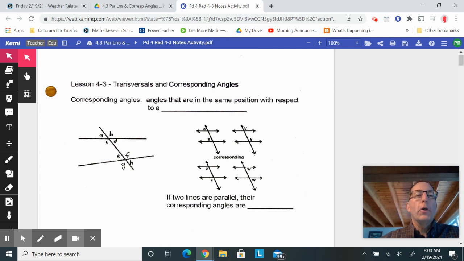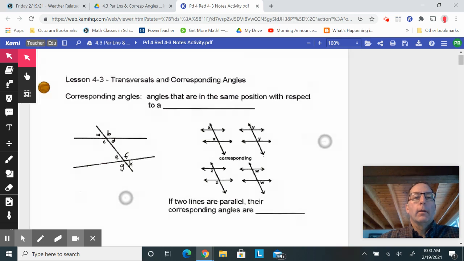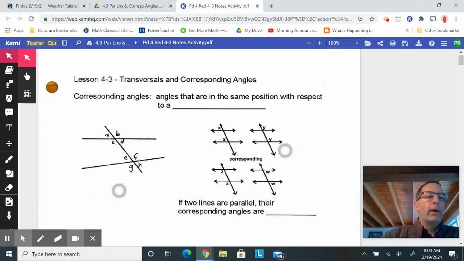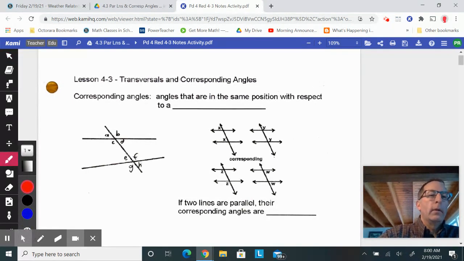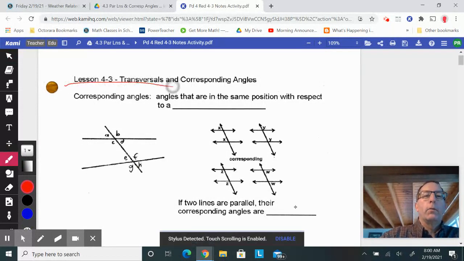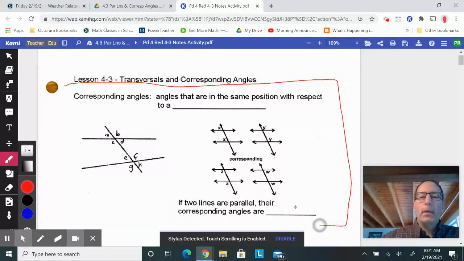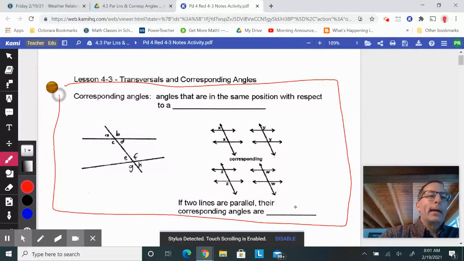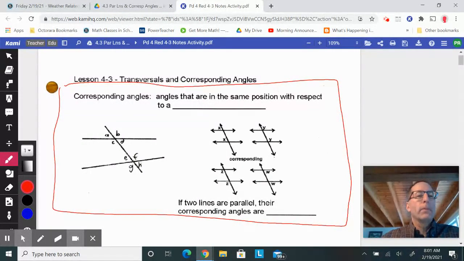Okay, this video is for the notes activity for lesson 4.3. So I'm going to first of all ask you to grab a color, and we're going to do a little framing just to highlight that top section. And if your markup tool or your highlighter tool does work, you can use that. And we're talking about